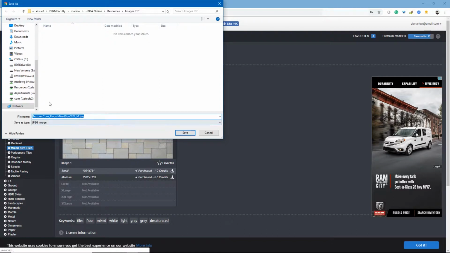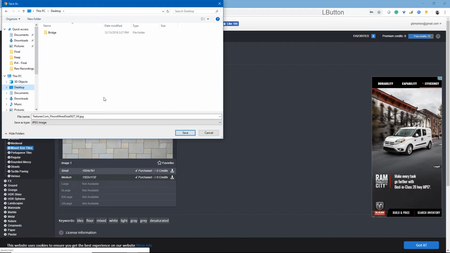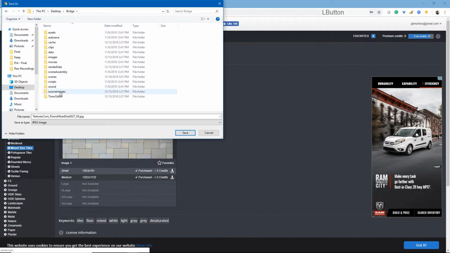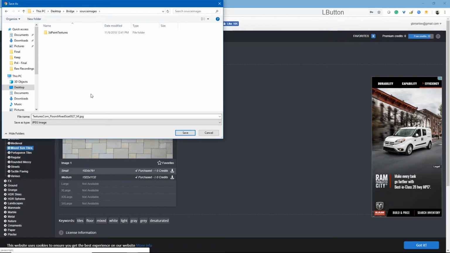So this brings up a good question. As you'll remember, earlier we set our project to the bridge folder. So Maya is going to look there first for any textures you create. Now, if you save it somewhere else, we could make Maya go find that texture in a different location, but that could cause a lot of problems with organization later. So let's go to the bridge folder, and under source images, I'm just going to save it here, and I'll go ahead and call this